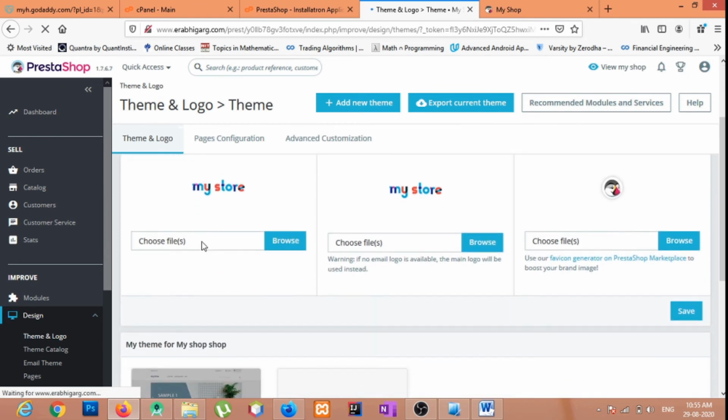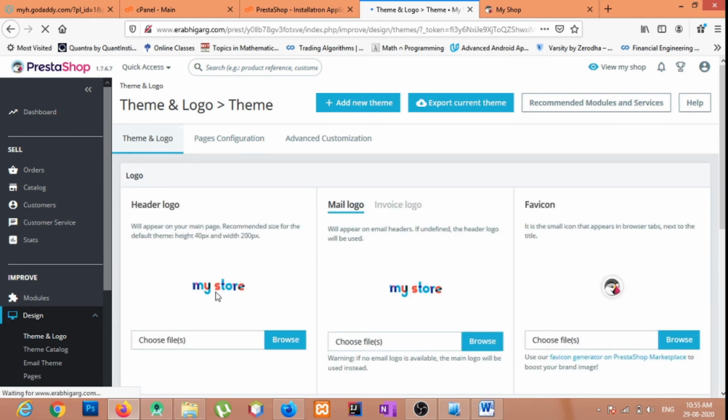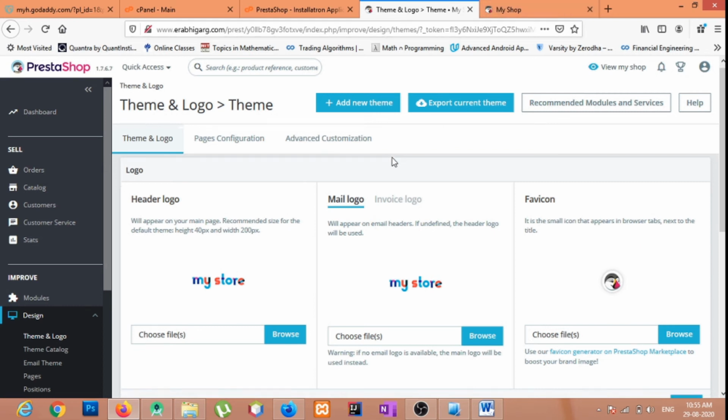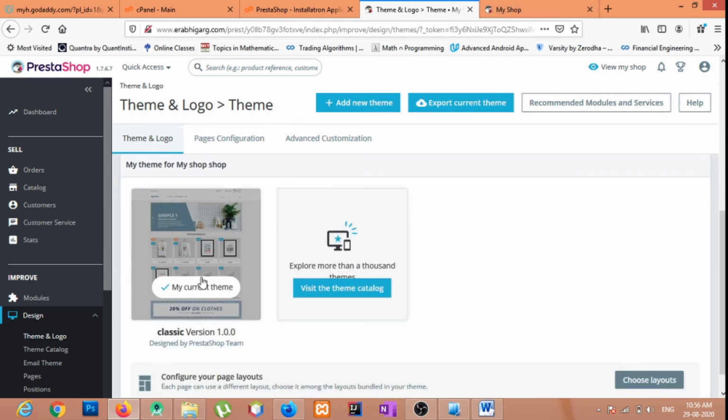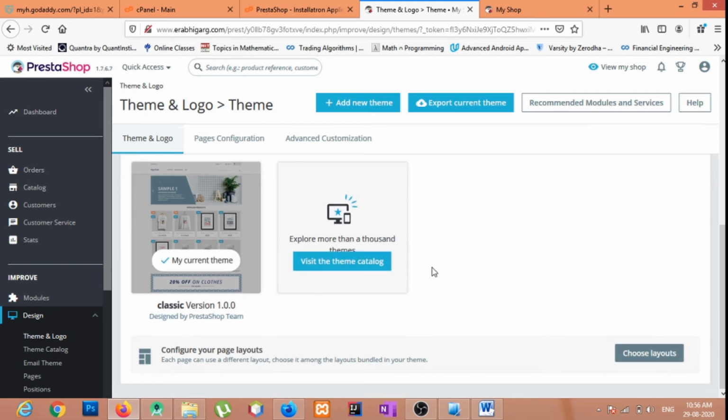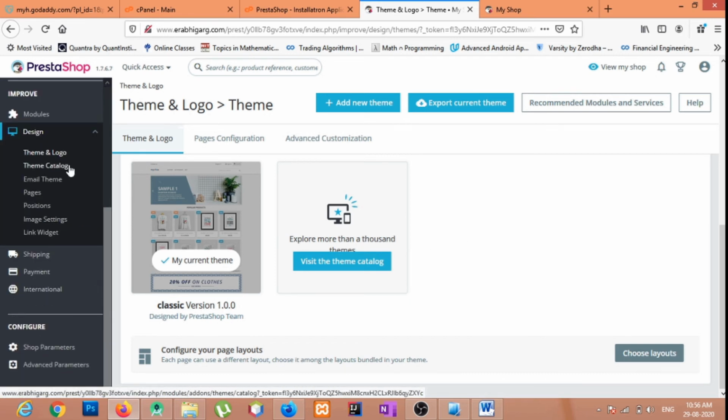See, we can change the logo here, the header logo, the mail logo, the favicon which displays right here. This is called the favicon icon. This is my current theme that we are using currently, and if we want to purchase a new theme and add it to our website, we can view the theme catalog and we can purchase a theme and install it on our website.